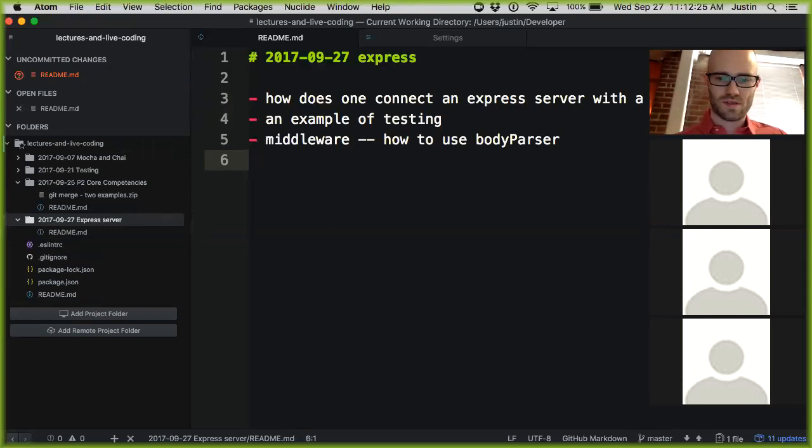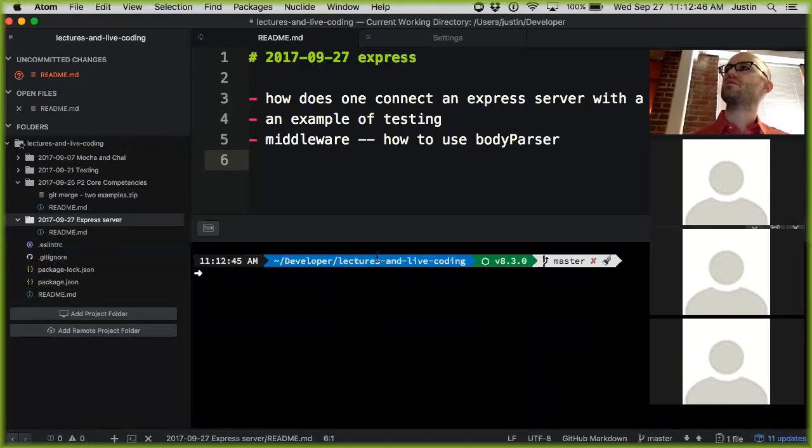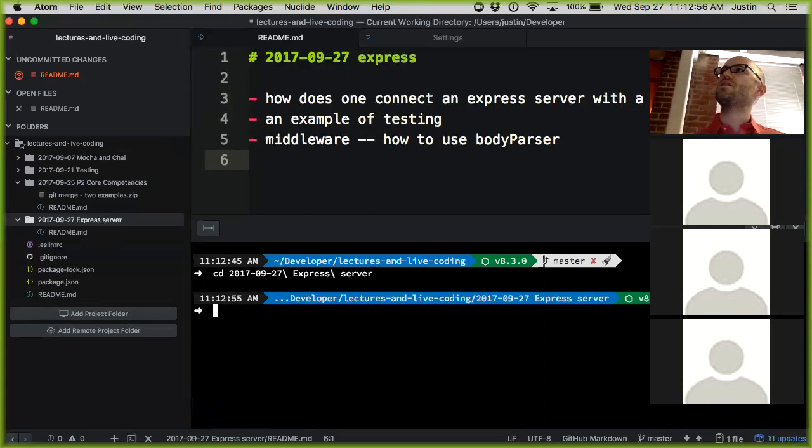So let's build this in increments, and I'm going to ask the people that are here and the people online to come off mute and chime in so that we're building this collaboratively. So pull open a terminal here. It's about as big as it's going to get. I'll go into the folder, 27. Great. So to start off,